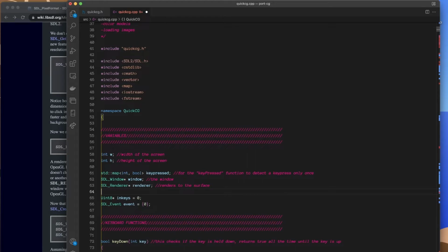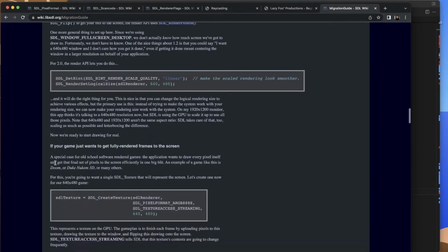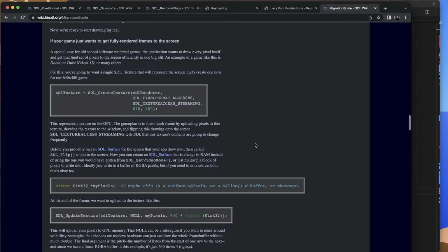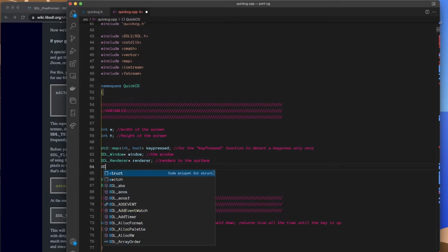We will have the, well, if we look at the migration guide down below, come on, okay. So if your game just wants to get fully rendered frames to the screen, so this is kind of what we want, right? To get maximum performance, we want to reduce the number of blit operations. And so we'll have this texture, which covers the whole screen, and we'll have an array of colors, and we'll blit one to the other. So what we'll have is, we've got the renderer, then we'll have